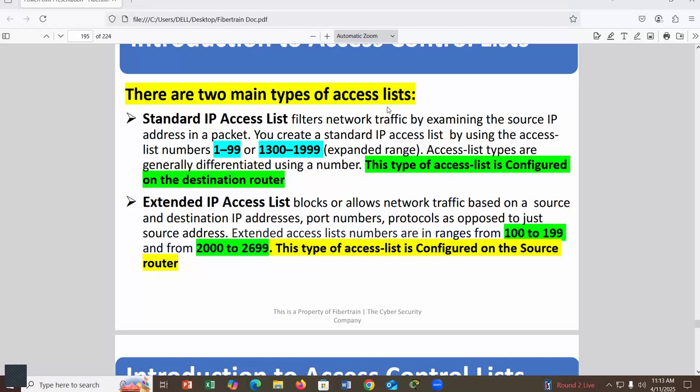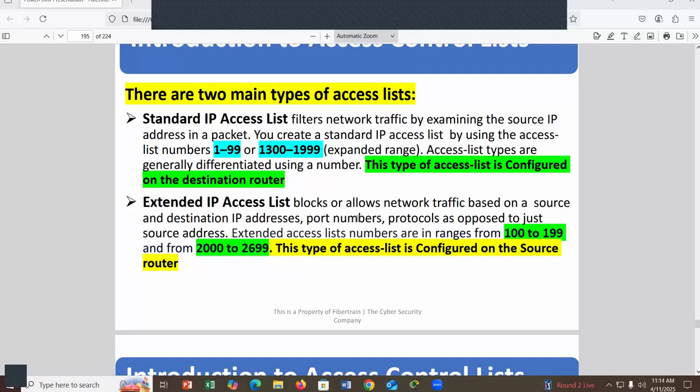Based on source. Standard only uses source IP. But extended uses both source IP and destination IP address. And extended can still go further by using the port number. Extended can use port number, it can use protocol, it can use a lot of things different from standard access lists that only make use of a source